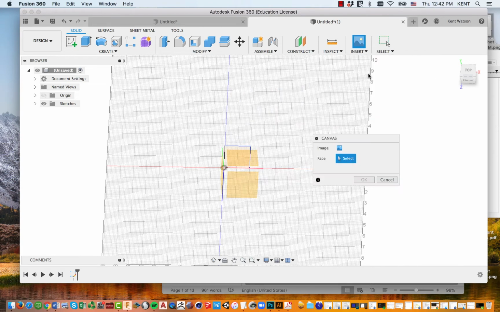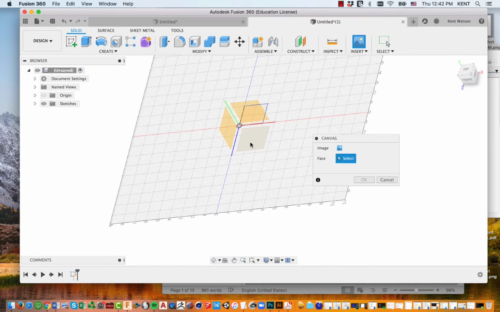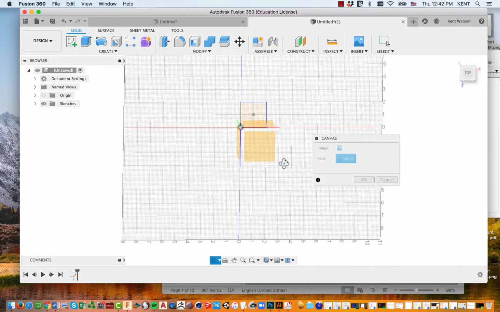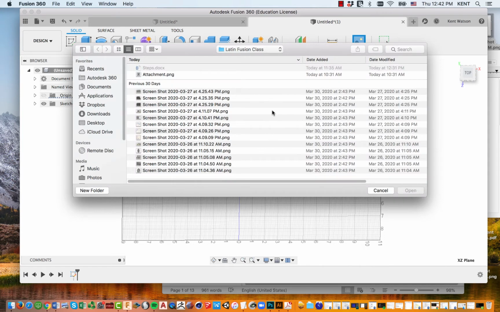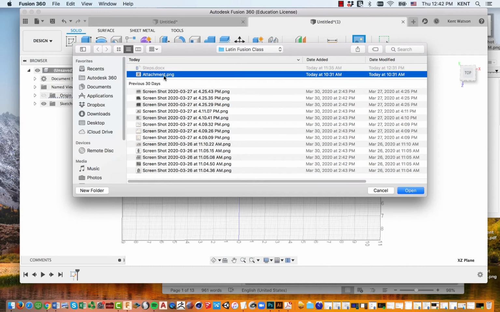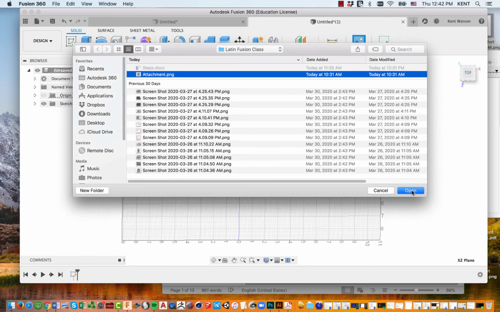So I'll click that button there, and then again it's prompting me with which plane I would like to select. Make sure it's the exact same one that you drew your square on. Select that, and then Image, and now here's where I find that image. I already put it in this folder, so it just popped up right away for me. This is what I'm going to be working with. I got it from Brett. Alright, so I'm going to click Open,